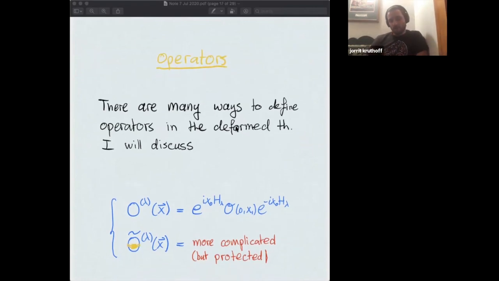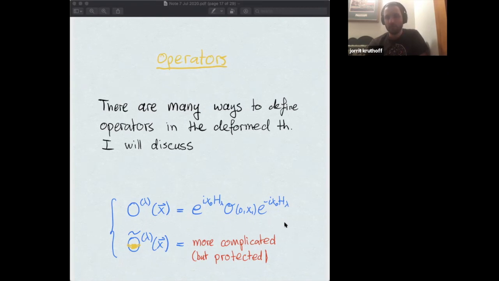So in the undeformed theory, there's a bunch of operators, and these operators can either get dressed or get deformed in particular ways. There are two sorts of deformed operators that are natural to consider. The first one is rather straightforward: you take the original operator in the undeformed theory,